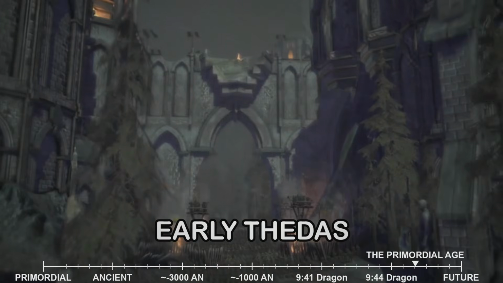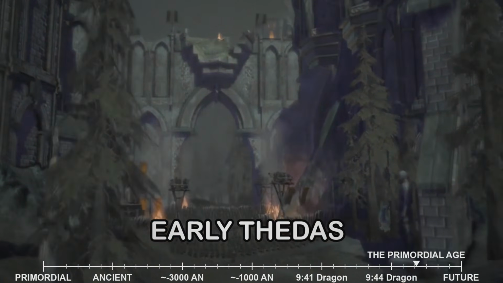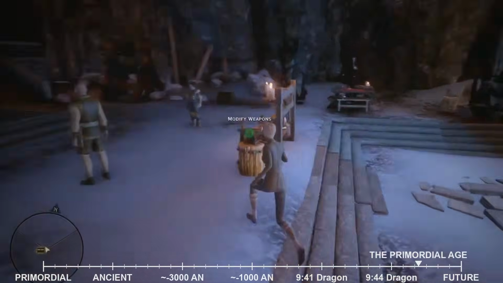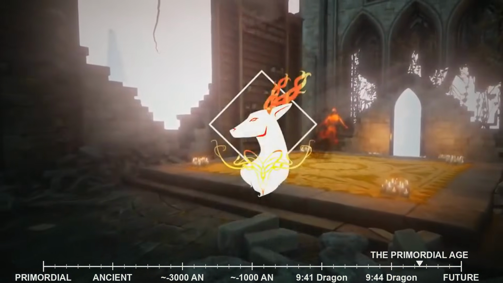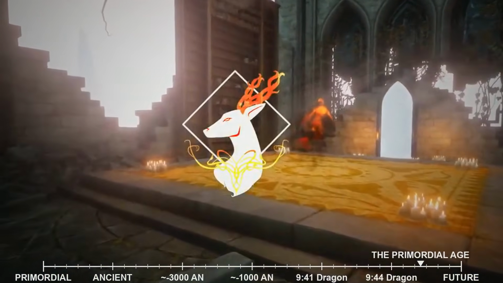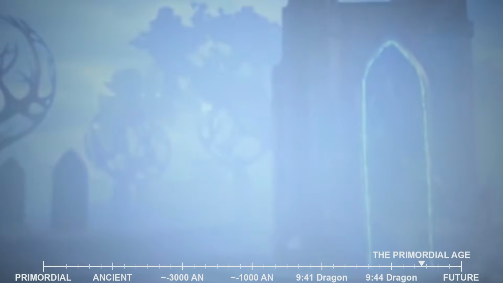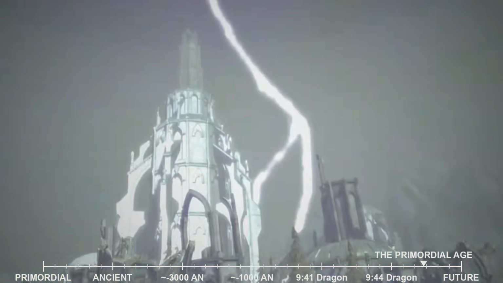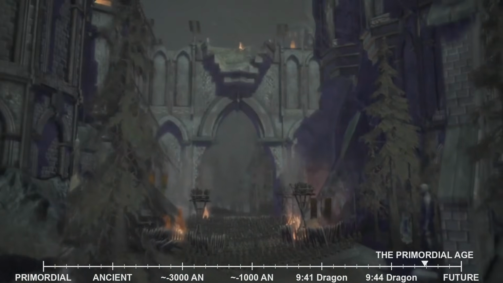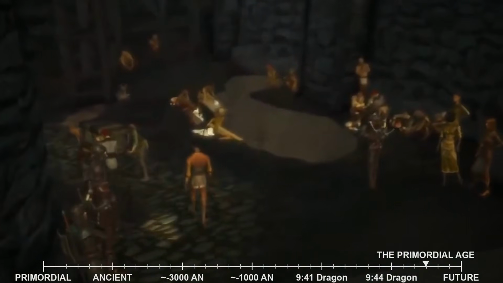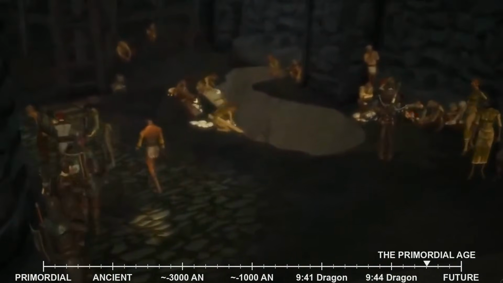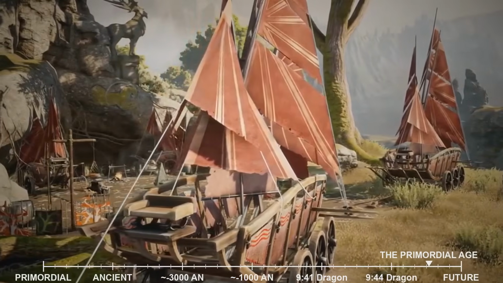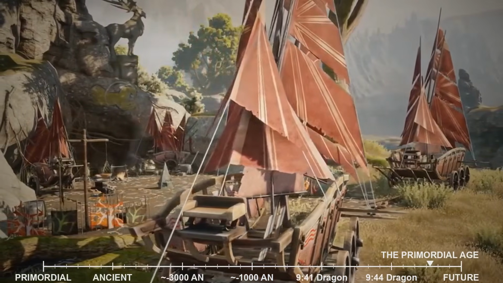The entire ecosystem of early Thedas is one where magic is not an exception but an integral component of life itself. According to the theological understanding preserved by the Chantry, the Maker's initial intent for these two realms is for them to exist in harmony. The Fade and the physical world are meant to complement each other, each enriching the other. The Fade provides magic, imagination, and spiritual depth. The physical world offers structure, consequence, and the beauty of finite existence. Together they create a reality more complete than either could achieve alone. The thin veil between them is not a flaw, but a feature, allowing for the free exchange of energy and influence that makes both realms vibrant and alive.